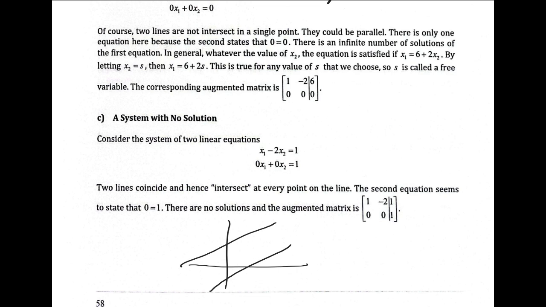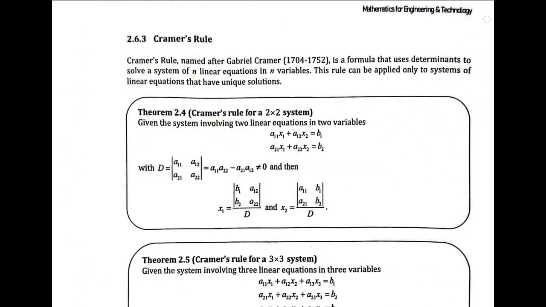So for a small system, maybe 2 by 2 and 3 by 3, we can use a rule called Cramer's rule. It is a quick and elegant method based on determinants. Cramer's rule gives us a formula to find each variable directly from determinants. Let's start with